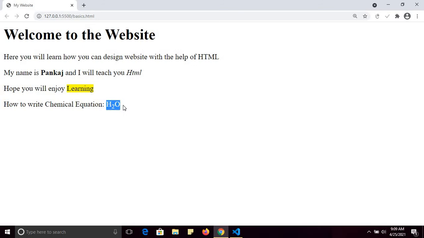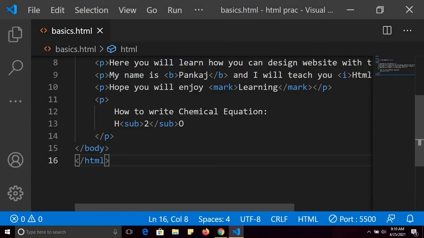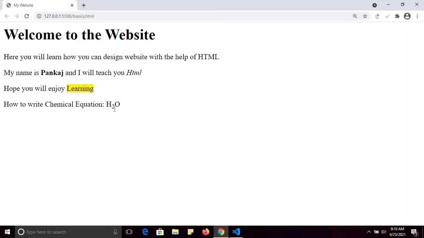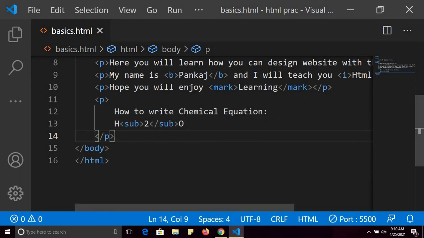So see, H2O, and 2 is the subscript. That's why I have used the subscript tag. The sub tag is used if you want to write subscript. So H and 2 is here. So H2O.